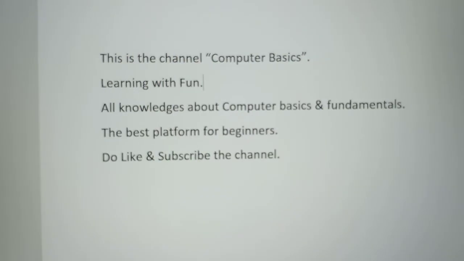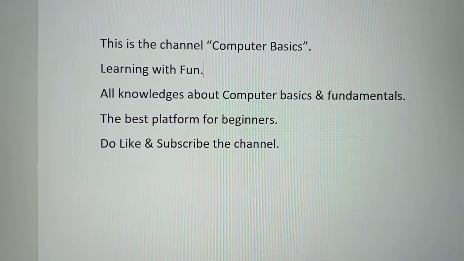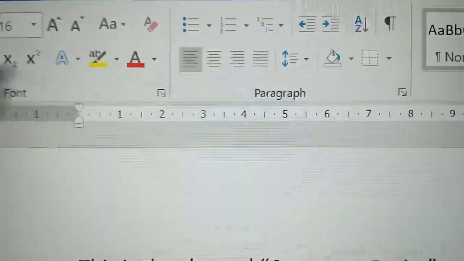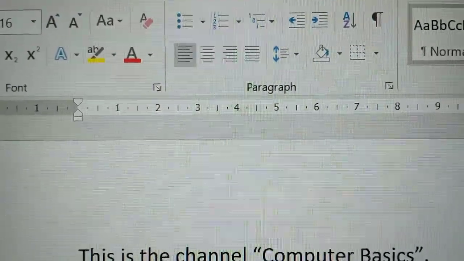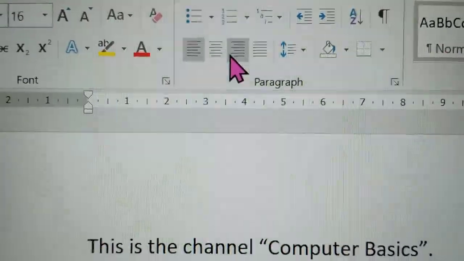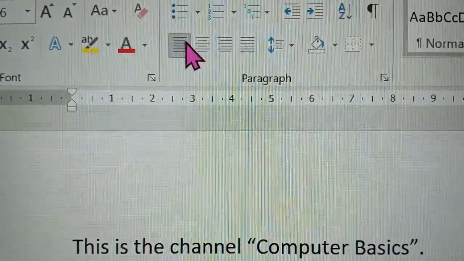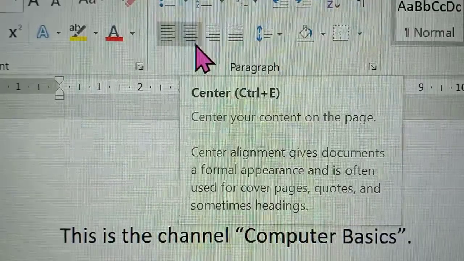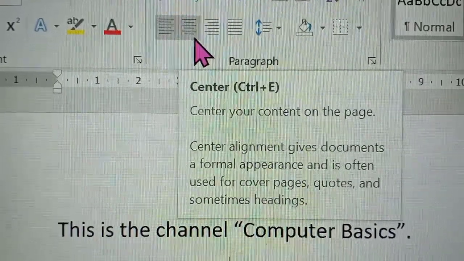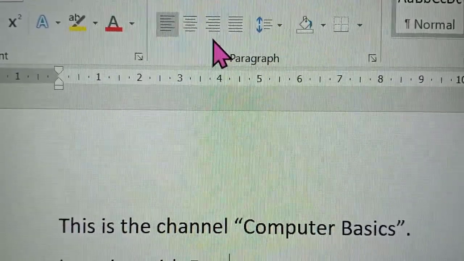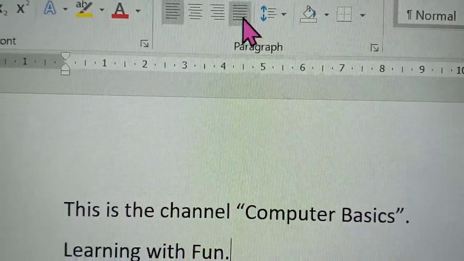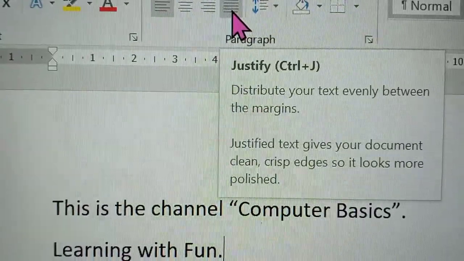Okay, so see, these are the options for the alignment. See this one, align left, this one center, this one align right and this is justify.